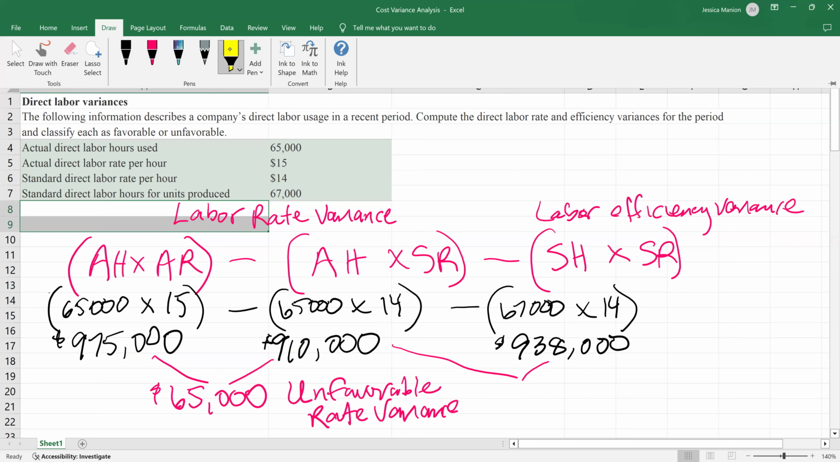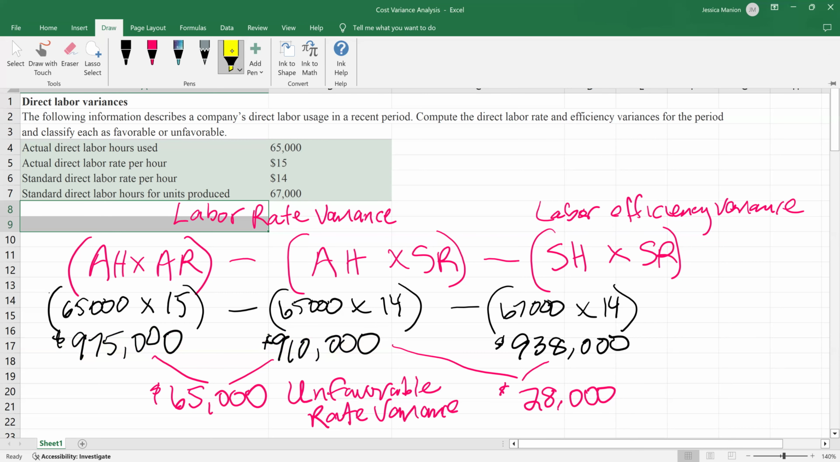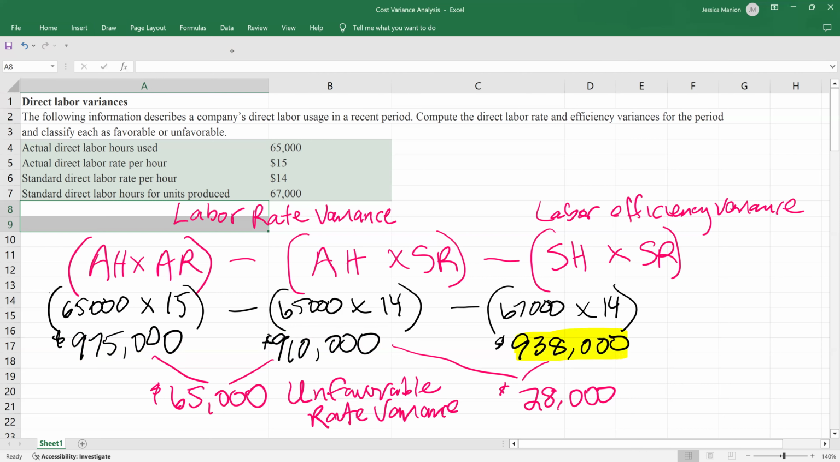So the difference between these two numbers, 938,000 versus 910,000, the difference is 28,000, right? Now let's think about this. Was it unfavorable or favorable? So according to our standard, to produce the number of units we produce, we should use 67,000 direct labor hours, which would have been 938,000 based on our 14 bucks an hour, right? Our budget based on that number of hours,